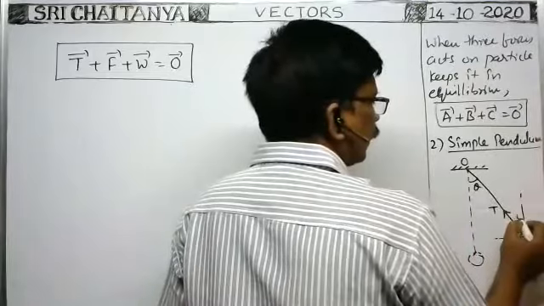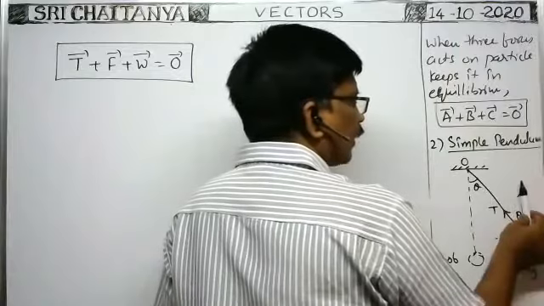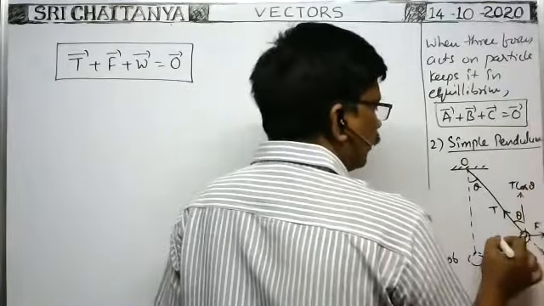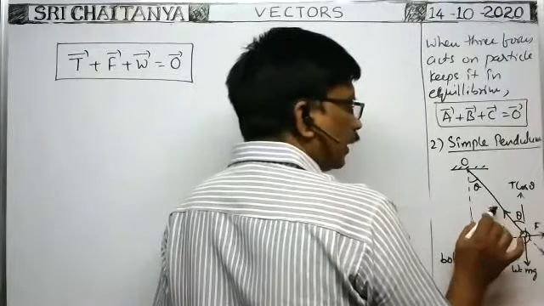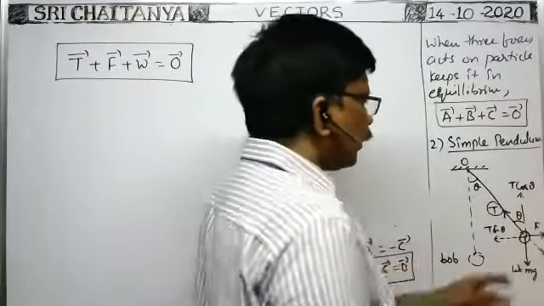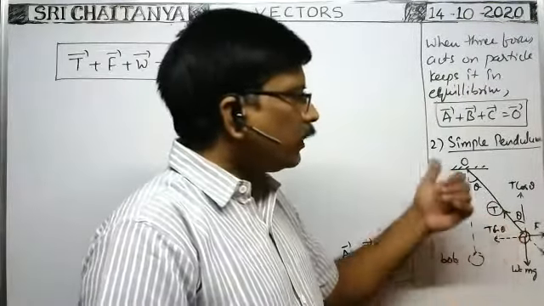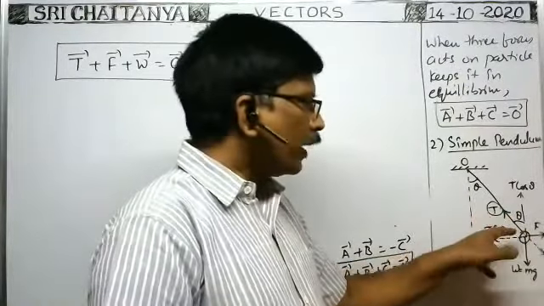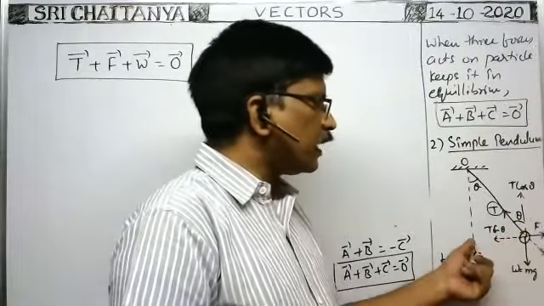If this angle is theta, then the component of the tension along the vertical direction, as this is the component adjacent to the angle, is T cos theta, and this component is T sin theta. When you take the components of this tension, you forget the tension itself, because we have taken its components. Now, as the bob is under equilibrium, along any direction the net force is 0. So along the x-axis the net force is 0. So along the x-axis, the sum of the forces acting on the bob in one direction is equal to the sum of the forces in the opposite direction.